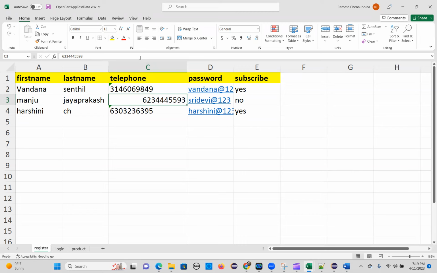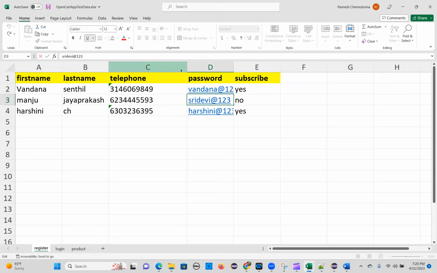And here. This one. Okay, got it now. So same format we are asking, but somehow it didn't take it. Okay, fine, that's fine. So now here, I'll just give random, so the password, just give,